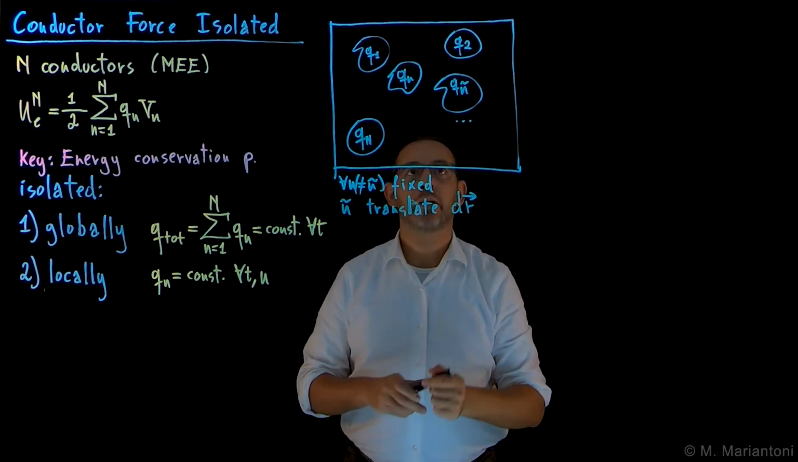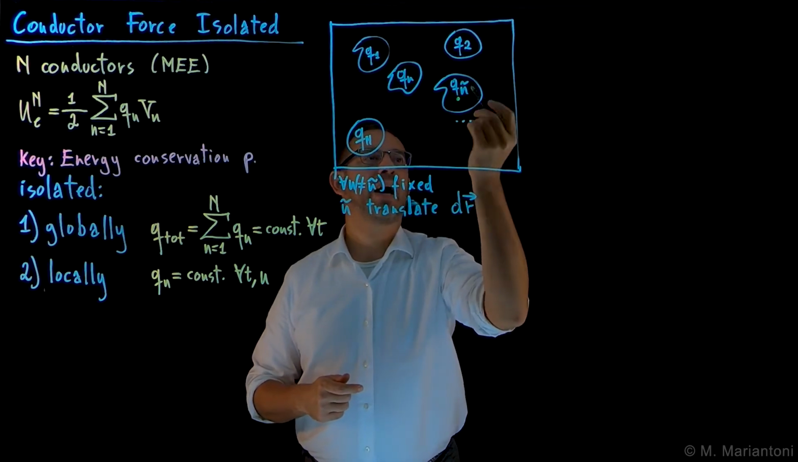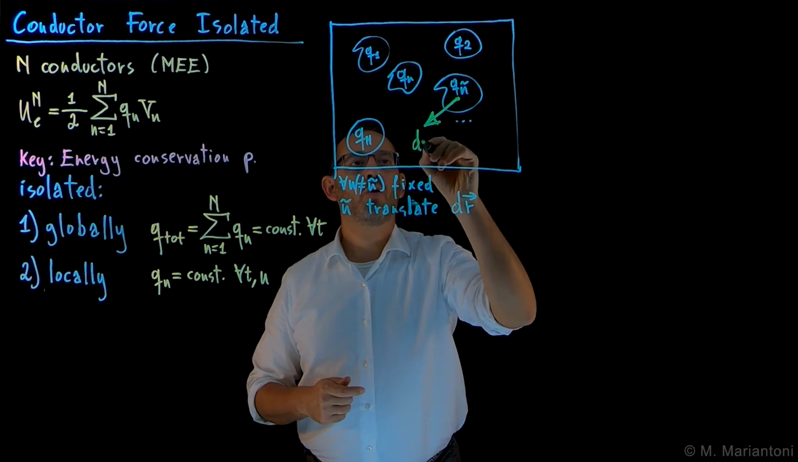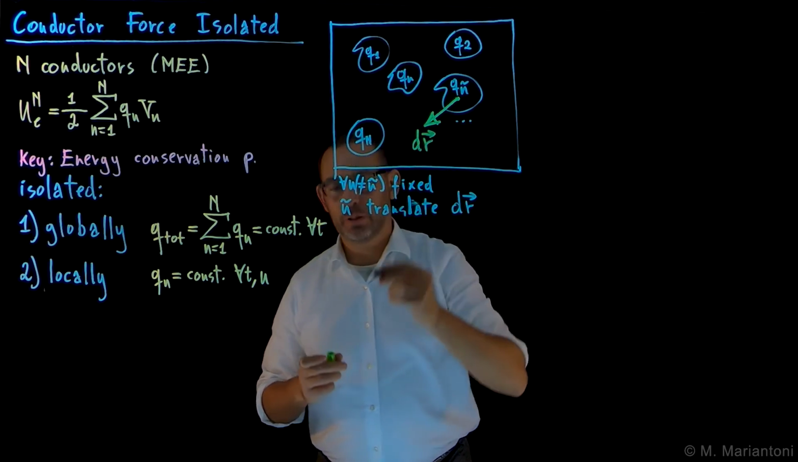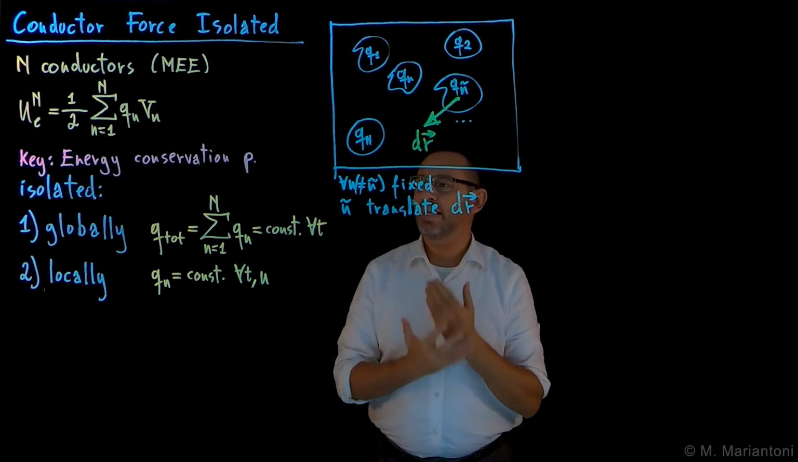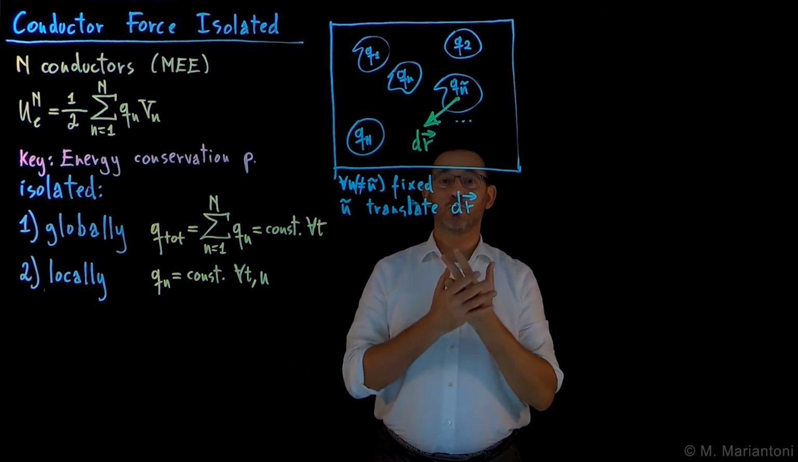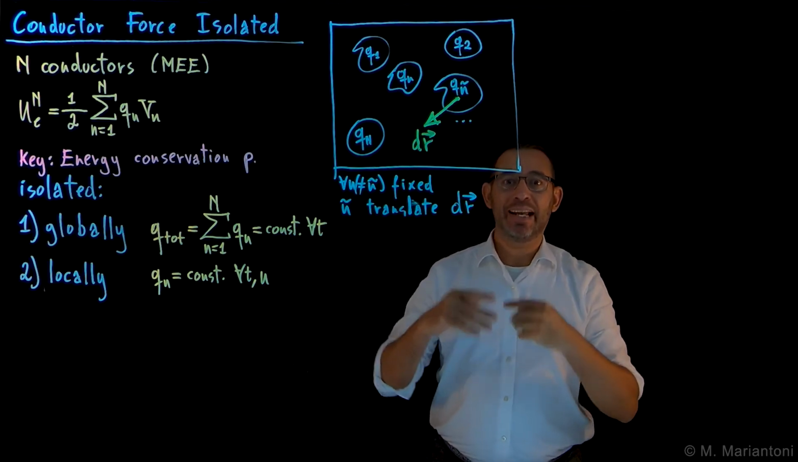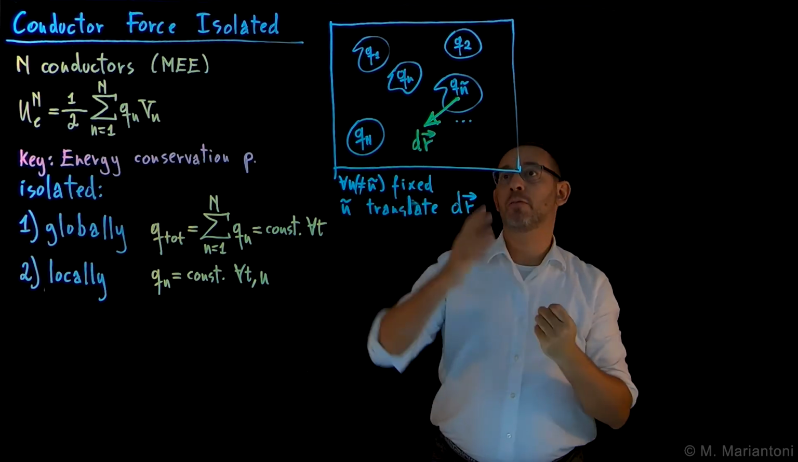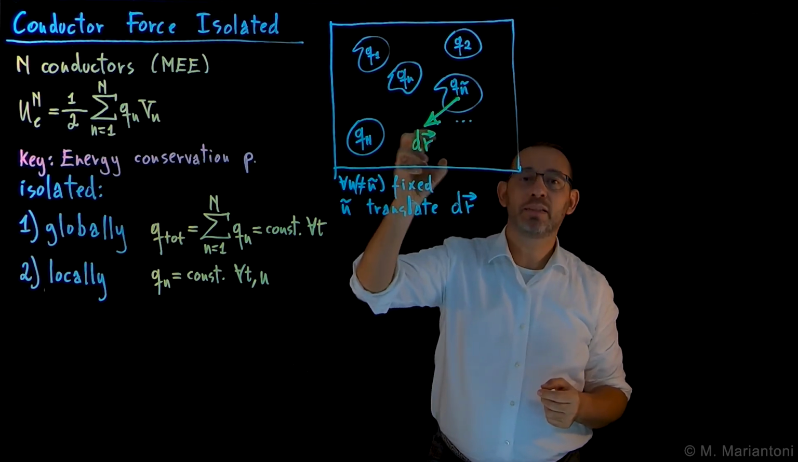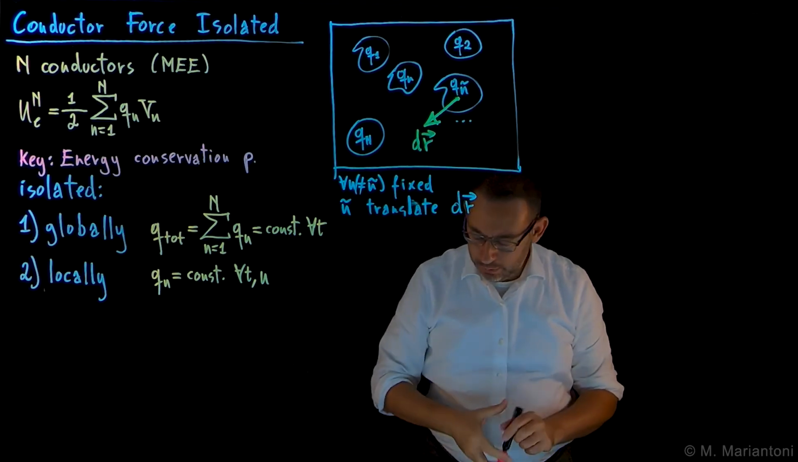by some quantity, let's call it dr vector. So if this is the center of mass of this object, we can translate it by a quantity dr vector. Question: what is the work generated by the electric field forces to move Q N tilde by a translation, by a quantity dr? Well, this work, obviously,